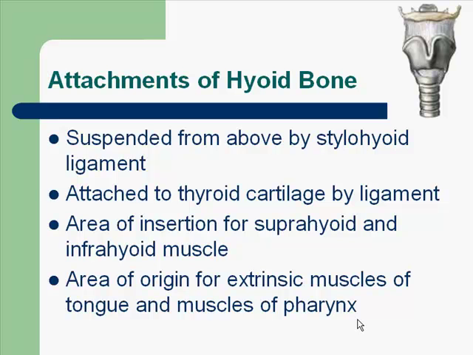Think about the hyoid bone and styloid process. The styloid process is on the temporal bone. The hyoid is attached to the thyroid cartilage by a ligament. It's the area of insertion for the suprahyoid and infrahyoid muscles. So think about those words. Suprahyoid would mean above the hyoid. Infrahyoid would be muscles below the hyoid. It's also the area of origin for extrinsic muscles of the tongue and muscles of the pharynx. That concludes our paranasal